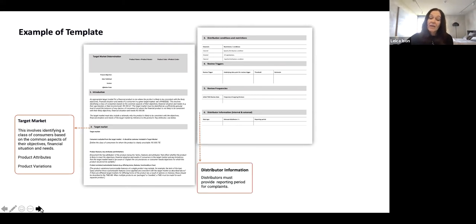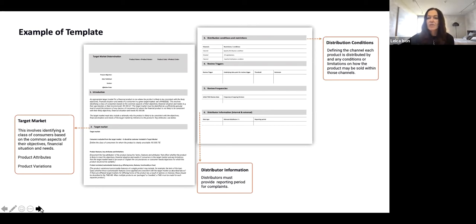The next area is around that distribution information. So we know when we're setting our product strategies, we know our distribution channels, but we've got to think about what sort of information we want back from that distribution channel that's going to let us know that we've got some challenges with the health of our products. We've got some great examples of that shortly.